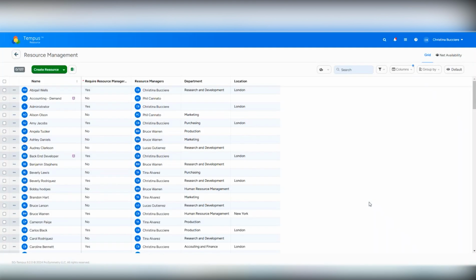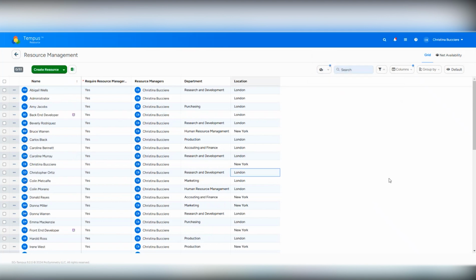Now let's take a look at the resource management tile where I can do the same thing. When I come into the resource management tile, I can see that the first kind of custom view that's available to me is again with this quick filter icon here. And if I click on the My Resources option, the list of resources will be automatically filtered to the resources where I am listed as the